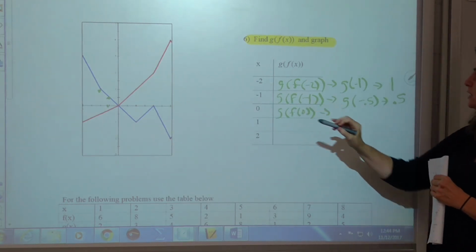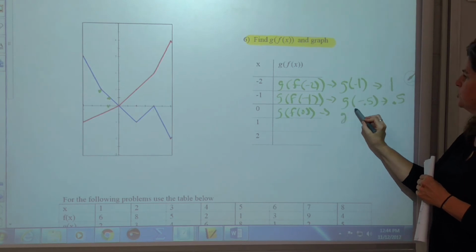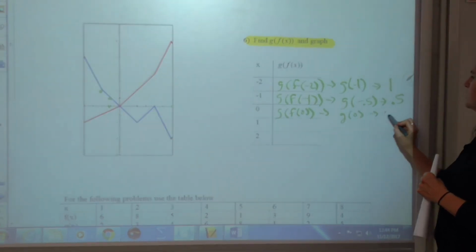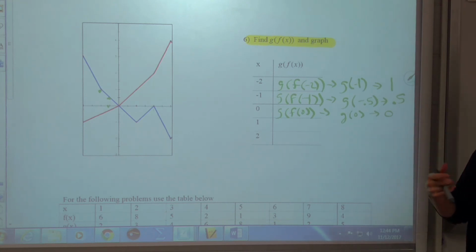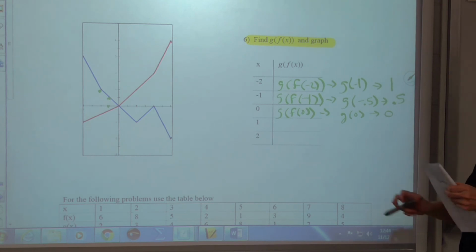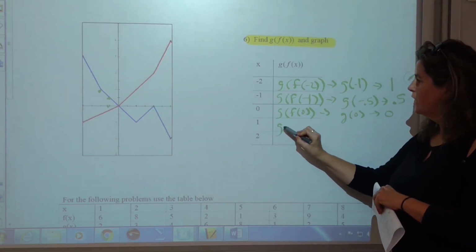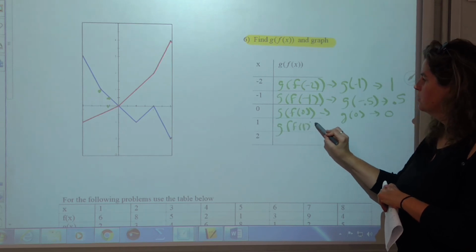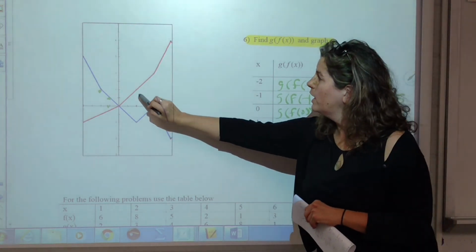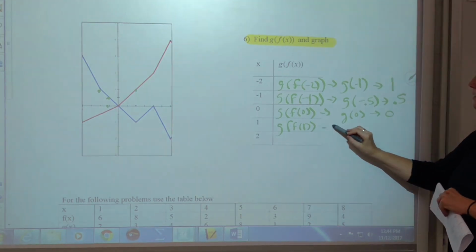Then I want g of f of 0. Well, f of 0 has a y value of 0, so I want g of 0, which is also 0. This particular setup of graphs, 0 always gives you 0. That is not true with every graph. Now x is 1, so I want g of f of 1. When x is 1, my f value is also 1. So that means I want